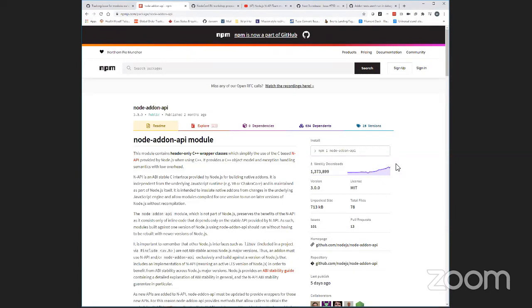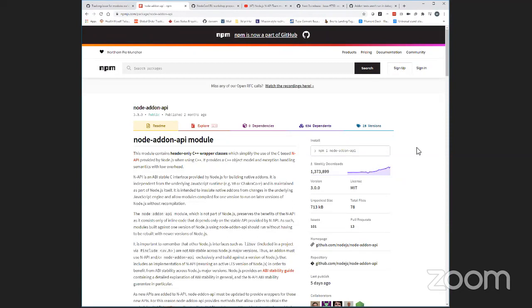It depends on problems that maybe there are on native add-ons that people download. Sometimes there are many downloads of these native add-ons, for example Sharp, that is used a lot.